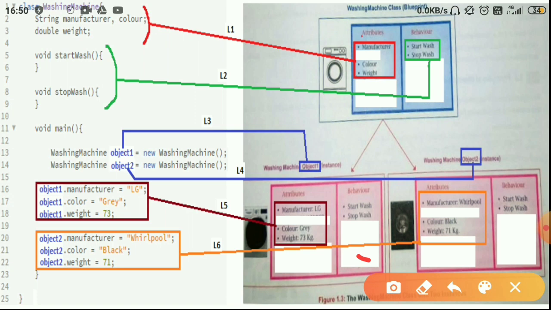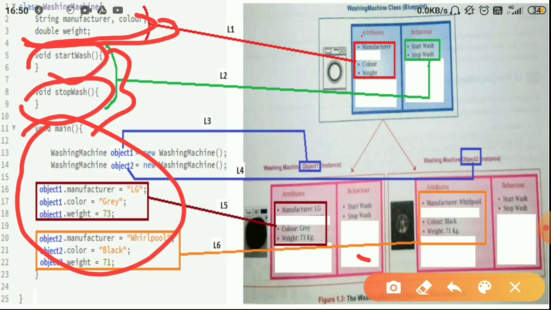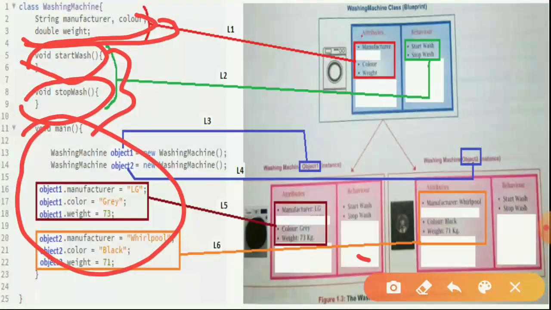You can see that these variables here are inside the class but outside of the functions. Outside of this main function, outside of stop wash and outside of start wash, but they are inside the class.